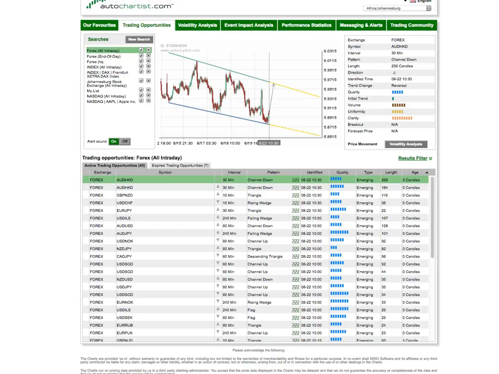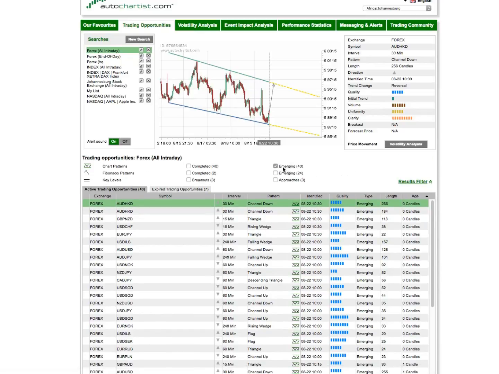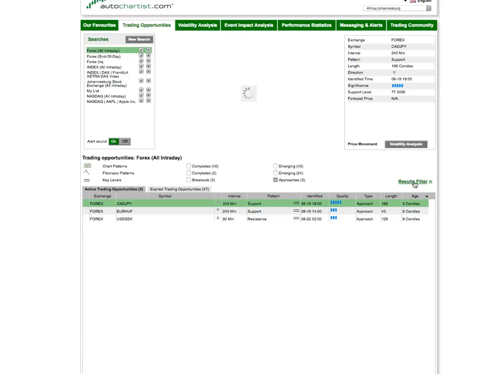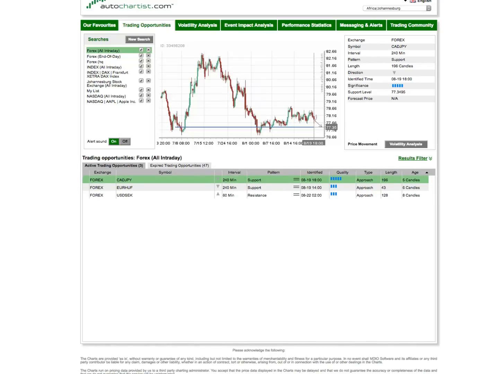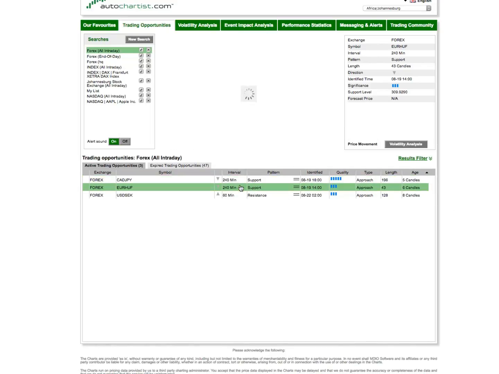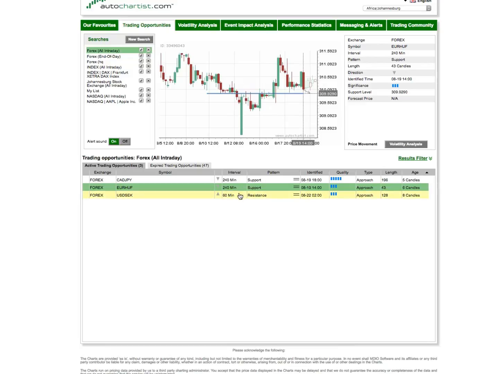At the beginning, I also mentioned that I want to bring in the key level approaches to the discussion. The reason for this is that there is somewhat of an analogy between approaches and emerging patterns. With all other emerging patterns we have looked at, price is always approaching some target level. Whether it reaches it or not remains to be seen.